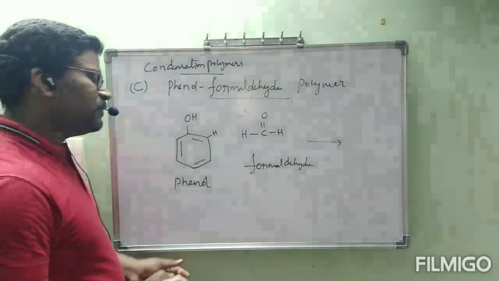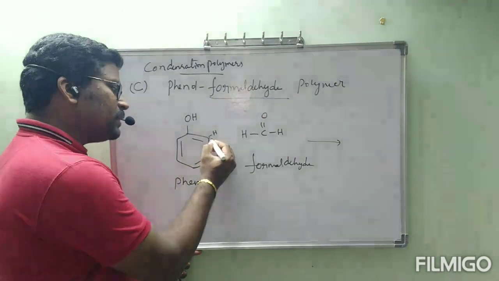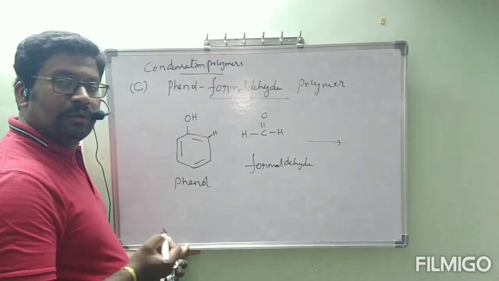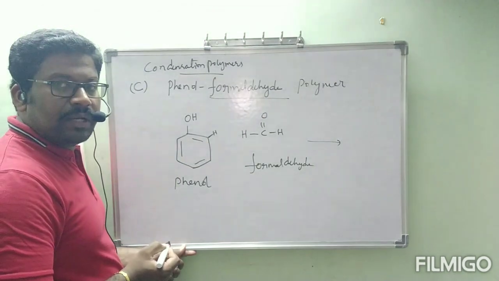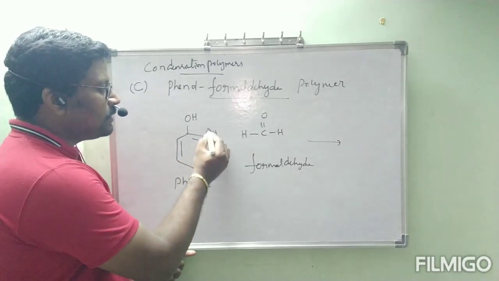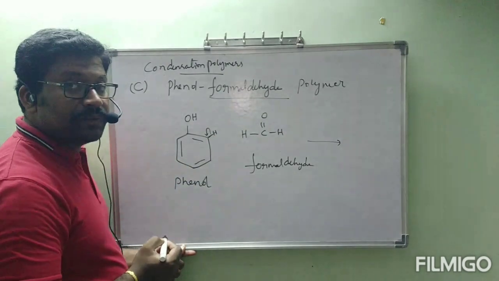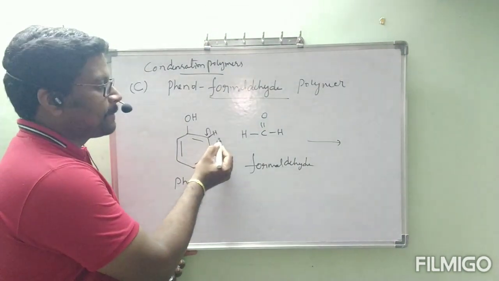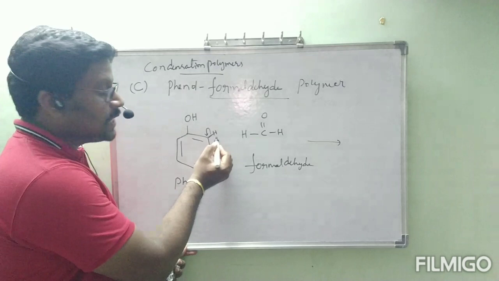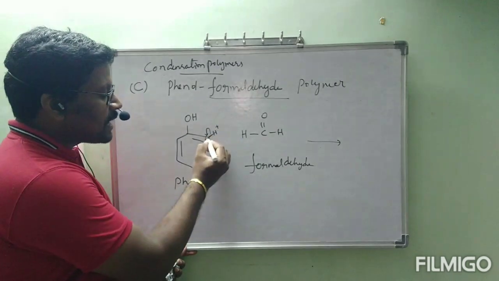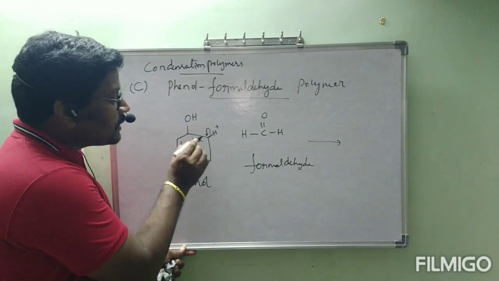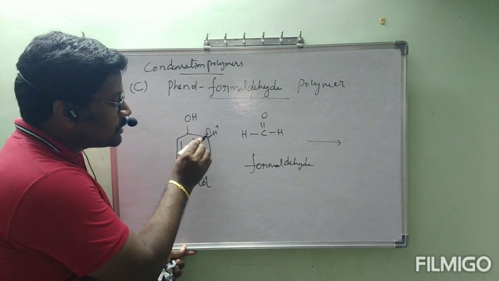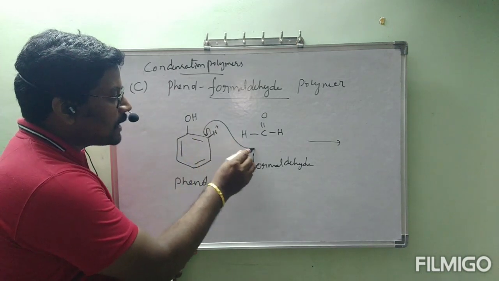See carefully. Between carbon and hydrogen, which is more electronegative? Carbon is more electronegative. So this bond is shifted towards carbon as negative charge, and this hydrogen is getting H plus. Are you clear? This carbon is getting negative charge. Immediately that carbon which got the negative charge is going to attack this carbon.